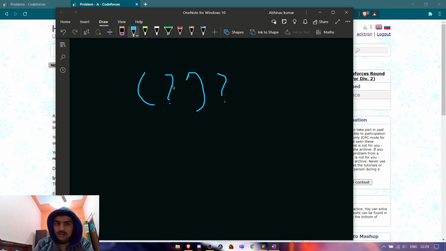We will first check if the first element is a closing bracket or not. If it is a closing bracket, then this is not possible, because starting with a closing bracket is wrong. Another thing, we will check if the last element is an opening bracket, which also makes it not possible.